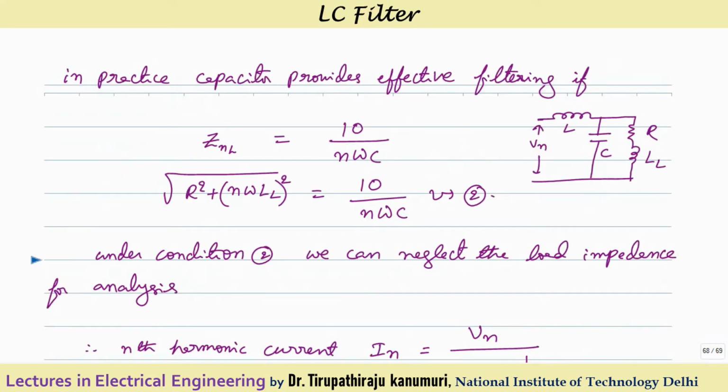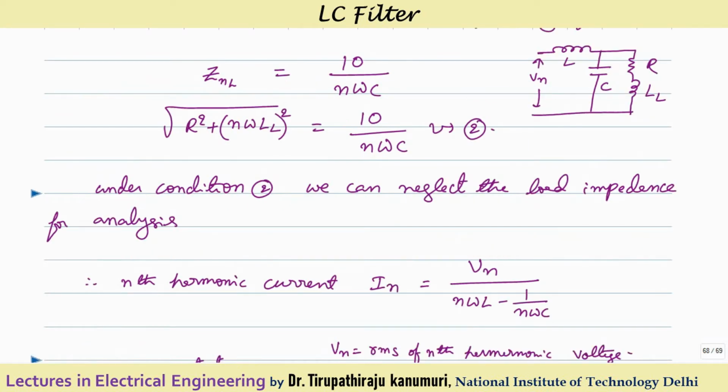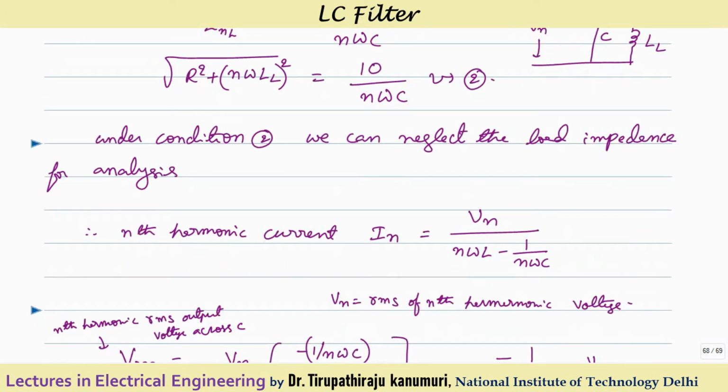As the value of the capacitive reactance is far less than the load impedance, for making the harmonic analysis I can neglect the load impedance, because the entire harmonic current is nearly passing through the capacitor only. Whatever voltage is coming across the capacitor, the same voltage will apply across your load. So that voltage divided by the impedance of your load gives the current passing through your load.